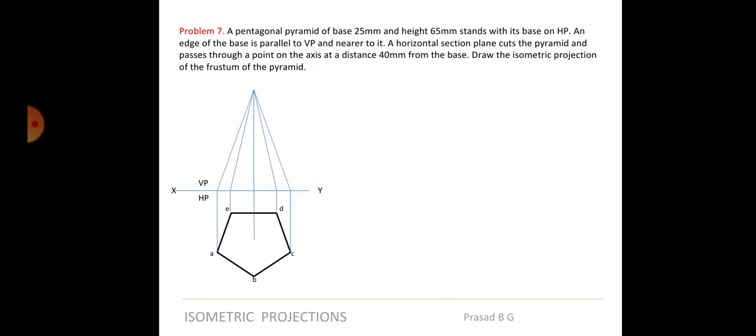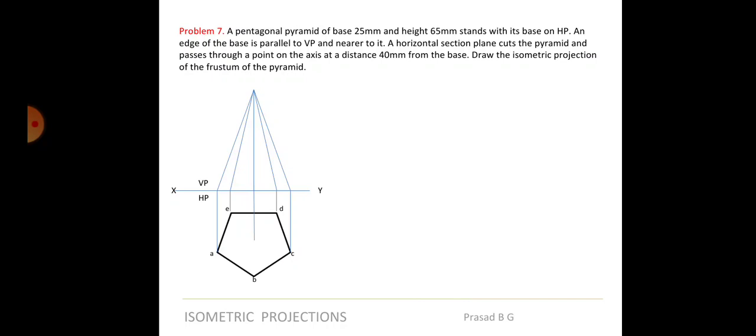We will only draw things in light. So I've told this in the previous class as well. Whatever is drawn in blue is light or projection line. Whatever is done in black is visible line or thick lines. Okay, so we are drawing everything in blue right now. We are taking the axis height as 65 mm and we are completing the pyramid.